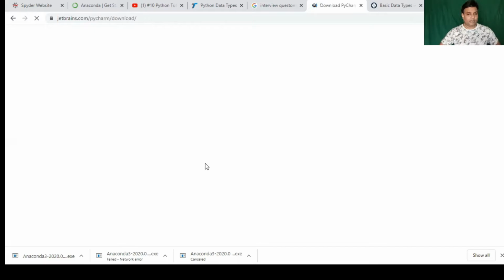Guys, this PyCharm, actually I have used this PyCharm throughout my career whenever I worked on Python projects. So I have used PyCharm for website development. And let me tell you, this is superb. This gives excellent features to structure your project. It's very easy to manage and maintain your project using this PyCharm.